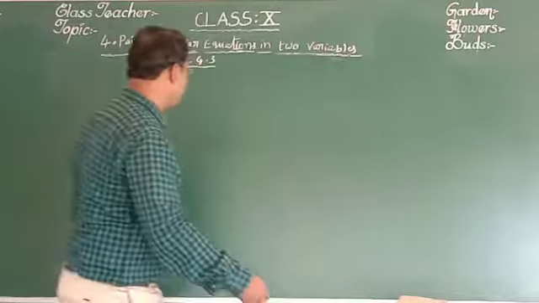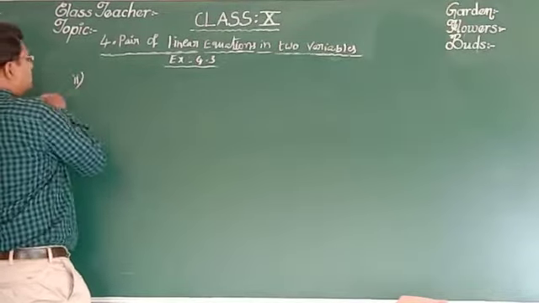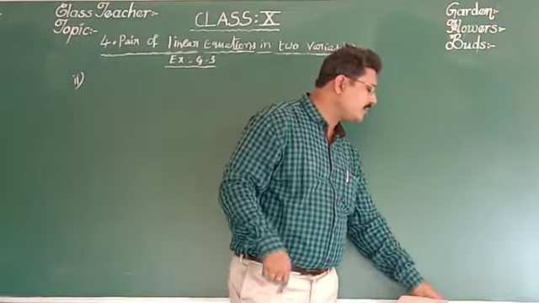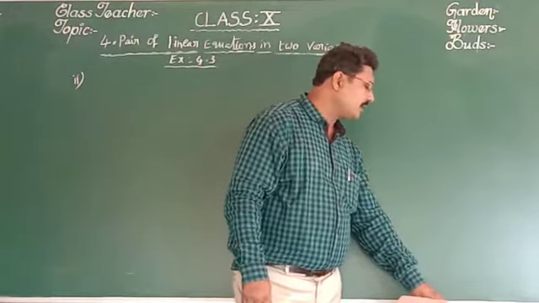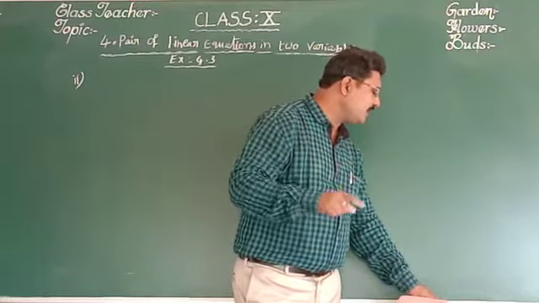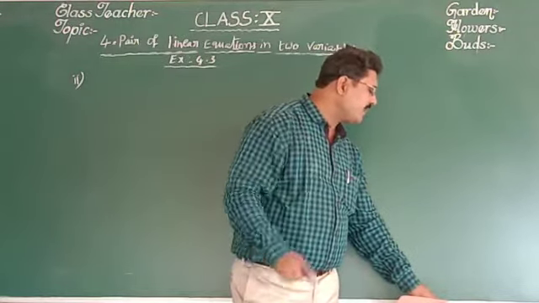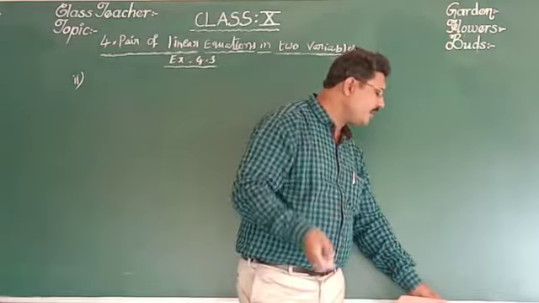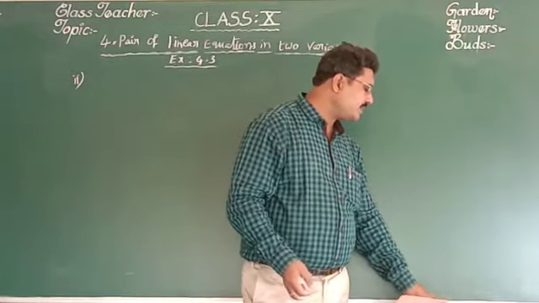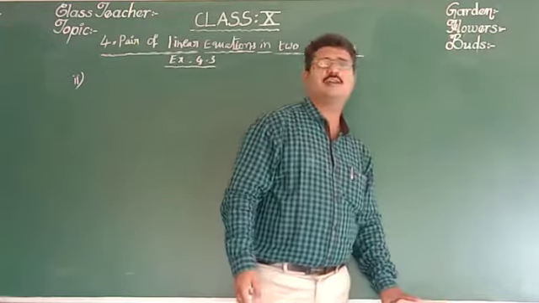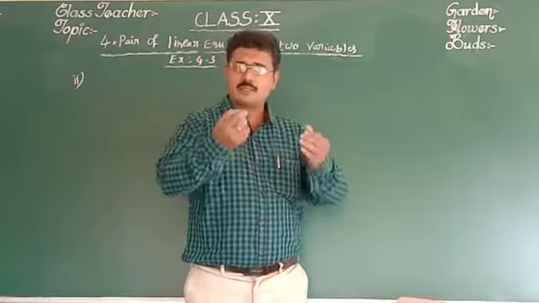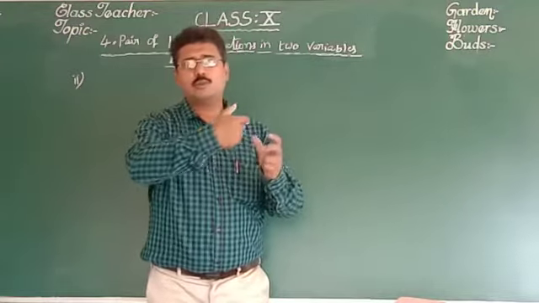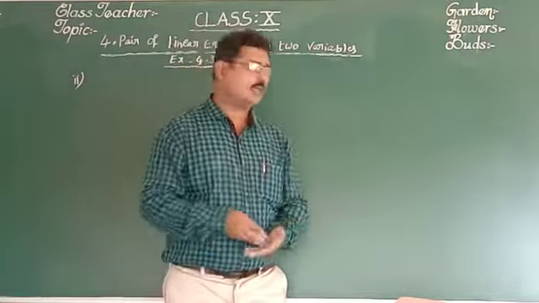Okay, see that second problem. Rahim travels 600 kilometers to his home partly by train and partly by car. He takes 8 hours if he travels 120 kilometers by train and the rest by car, that means the remaining journey by car. He takes 20 minutes more if he travels 200 kilometers by train and the rest by car. Find the speed of the train and the car. This is very easy. Try to understand the problem. Then what are the tricks here? According to that, you have to elaborate the problem so that it is easy to get the solution.